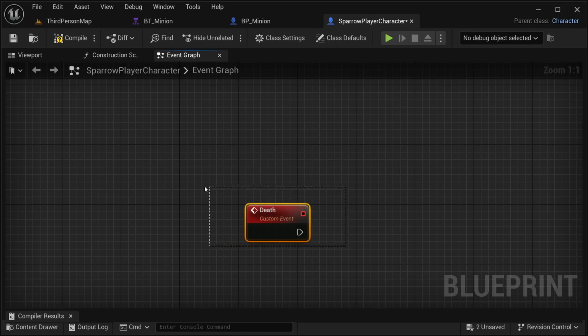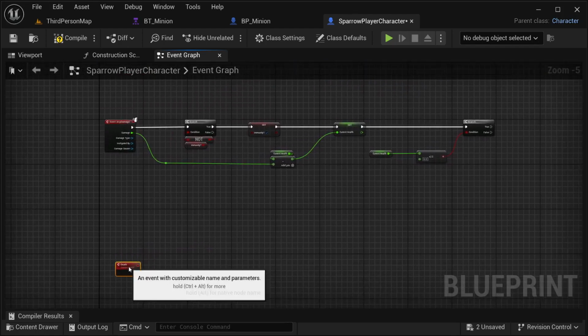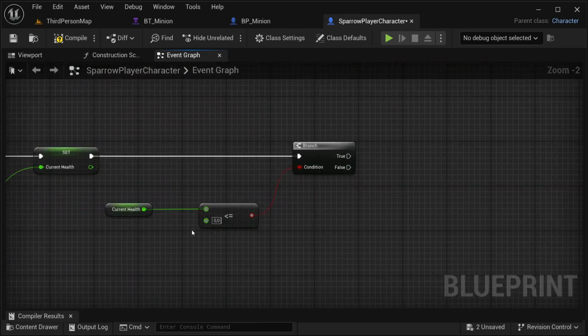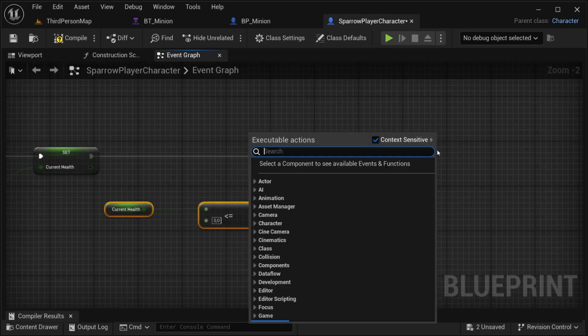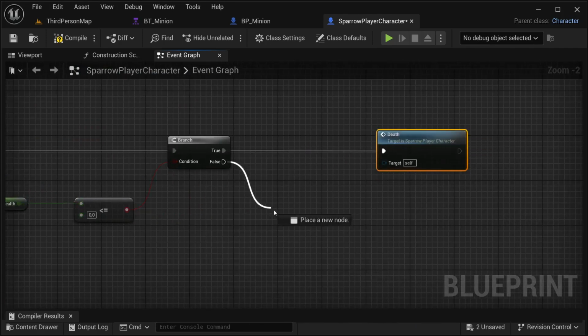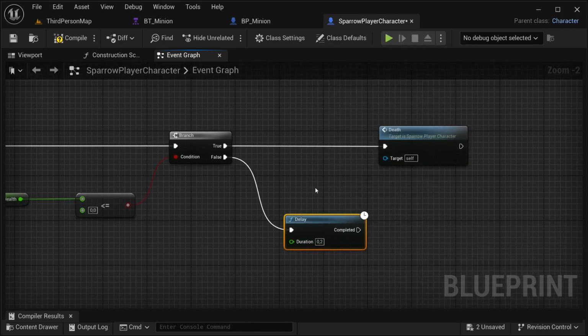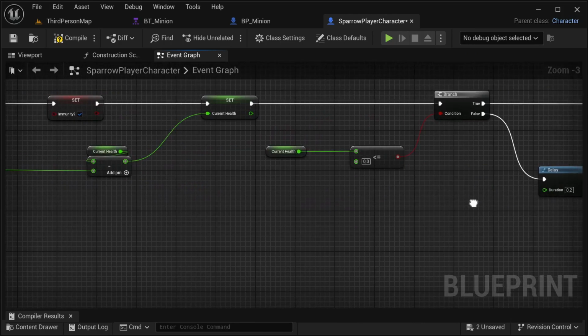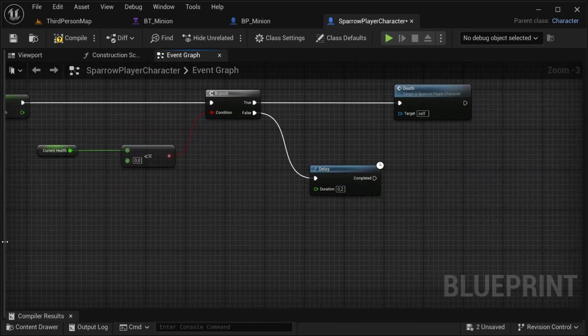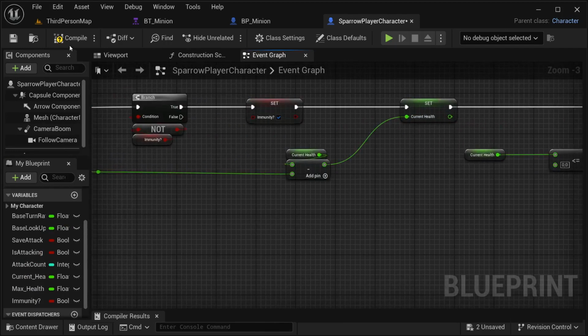So the main reason is because this is just a normal event and I don't want to lose time with that. So instead, I'm going to just be leaving this event over here for his end. If this is true, then it should get that event. If it is not, then it's going to have a small delay of, let's say, 0.2 seconds. That's going to be the time where he has immunity. Then the immunity is going to be set again to false,